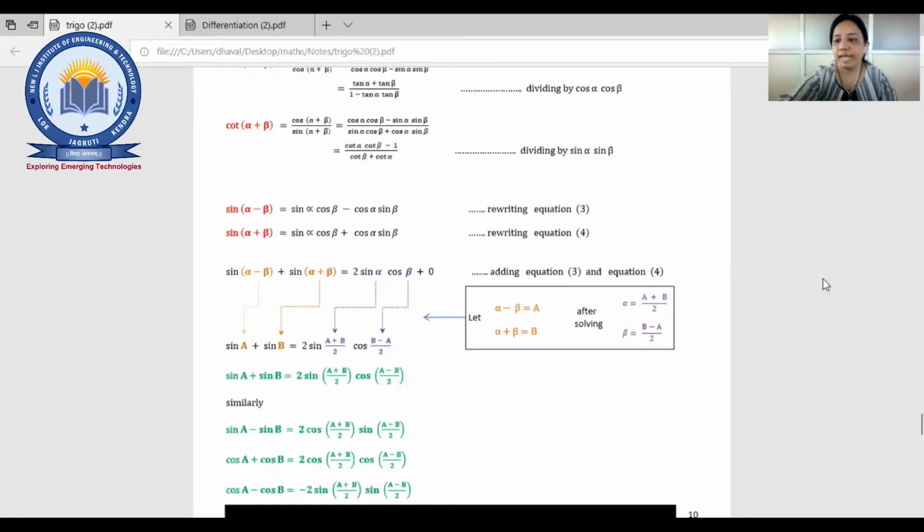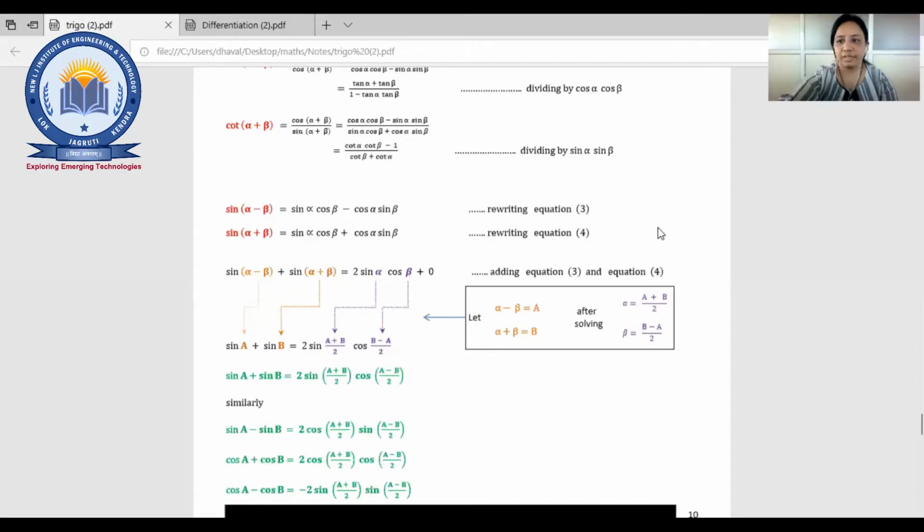Okay, now what happened? Last time we have seen the concept of trigonometry part 2, right? In that, a few topics, or we can say some equations, were left. So first we'll quickly go through that and then we'll move to the differentiation part, right? So first we'll see those equations.